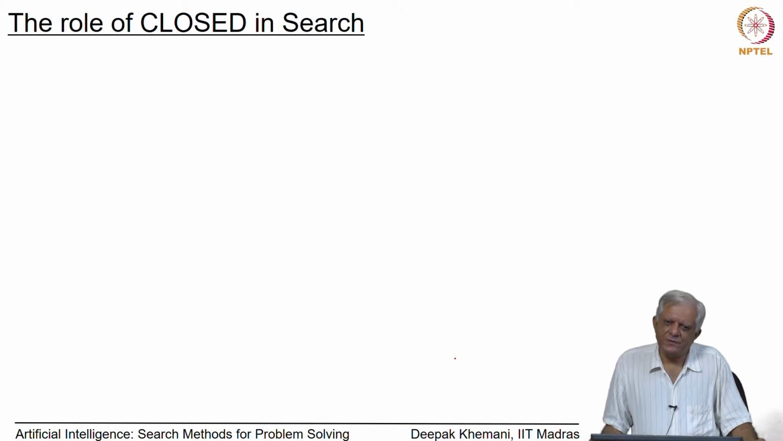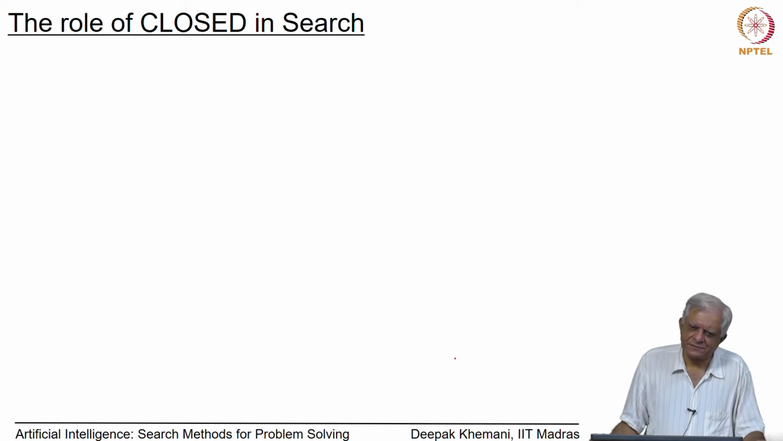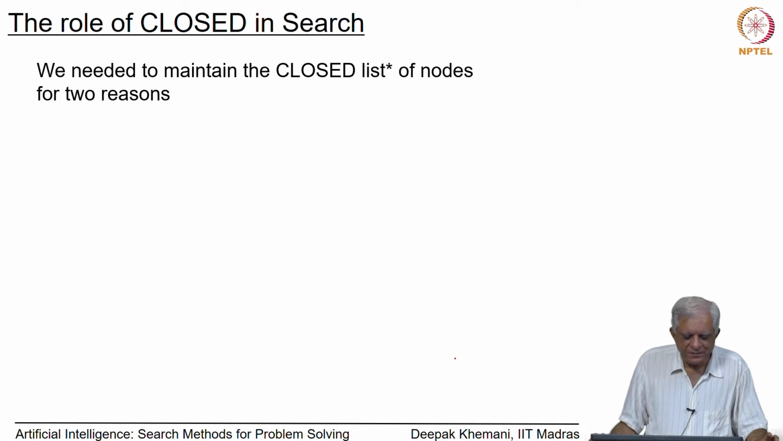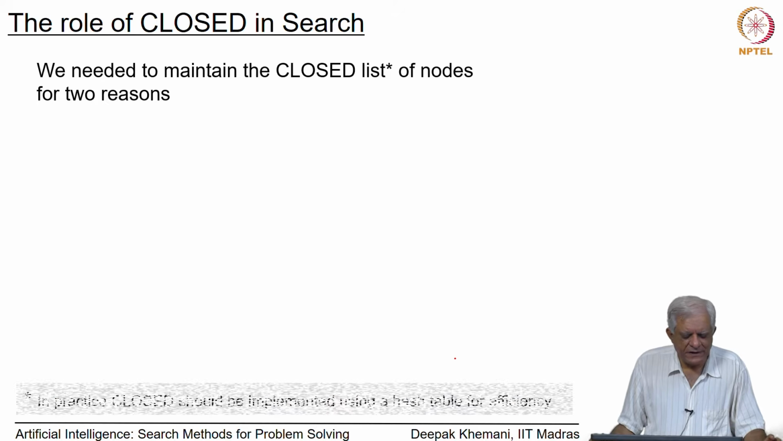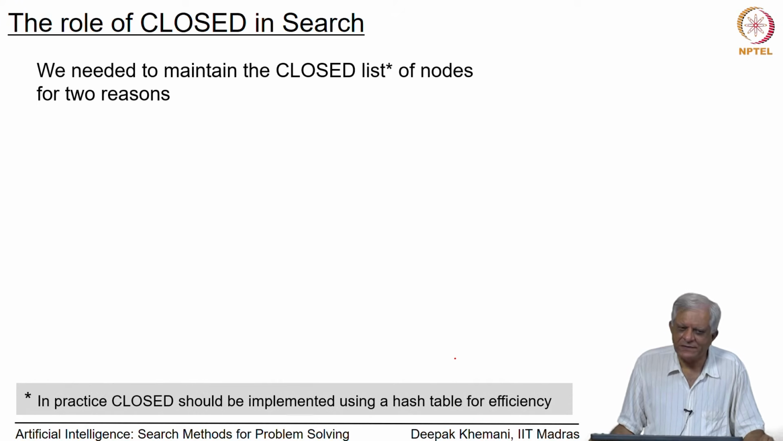Now, if you want to prune the closed list, we should figure out what it was doing for us in the search. Why did we have this notion of closed list at all essentially? So, there were essentially two reasons that we maintain the closed list for. Incidentally,